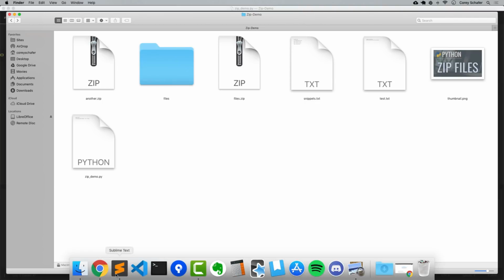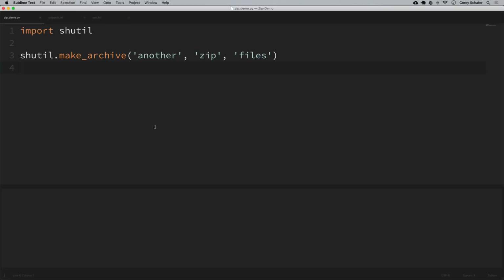And then I'll extract that using Python. So we can just come back over here to the script. And I'm going to comment out where we created our zip file since we already created that. And to extract that zip file that we created, we can just say